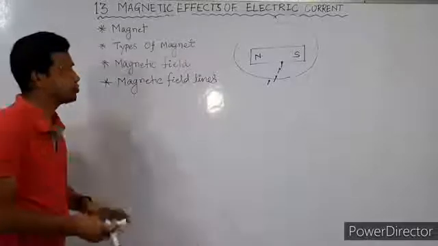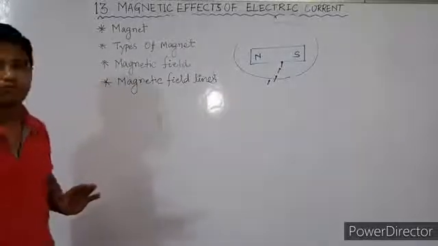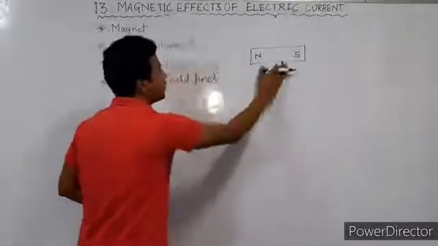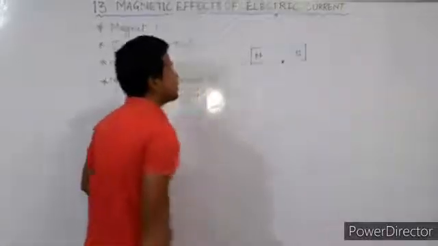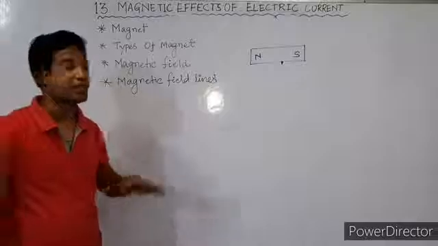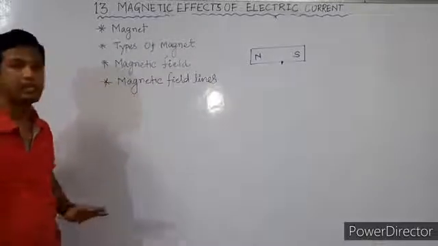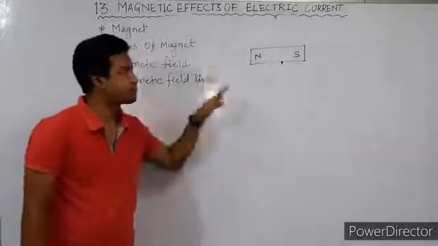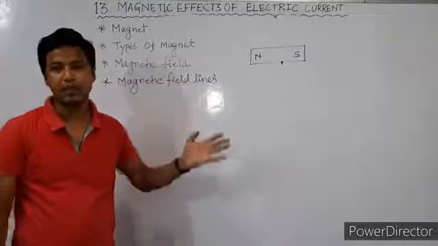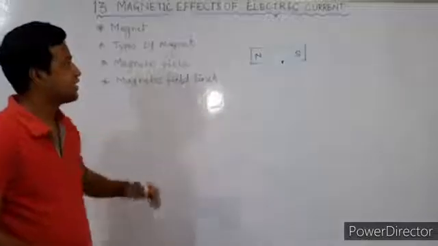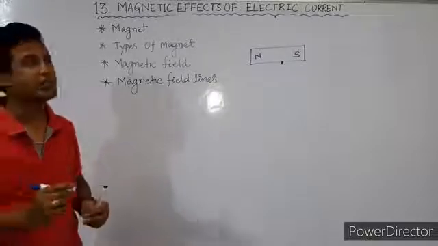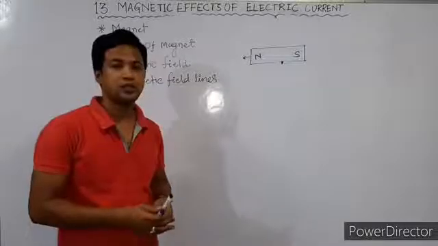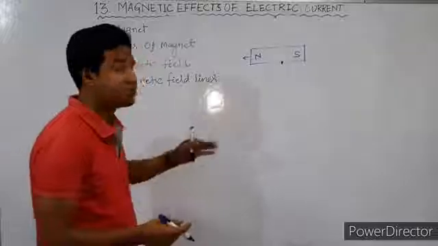After that, let's go to our next topic, magnetic field lines. Magnetic field lines are a very important topic. You should remember what it is all about. Let's take a simple example to understand it. A magnetic field, as you understand, is the space around a magnet. Now about the lines: these are imaginary lines. Imaginary lines means you cannot see the lines. They are only imaginary lines, the magnetic field lines.